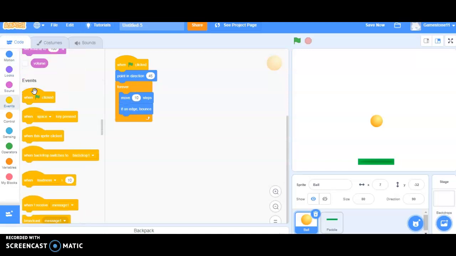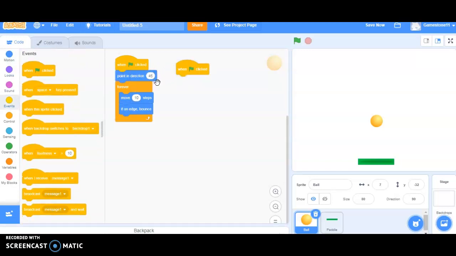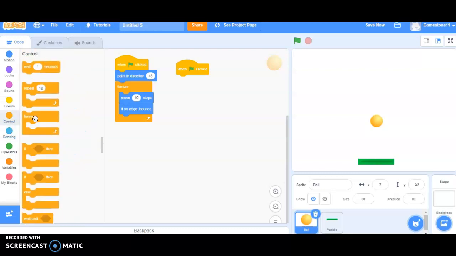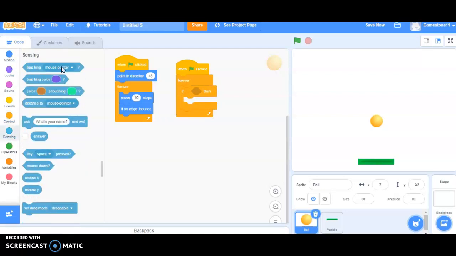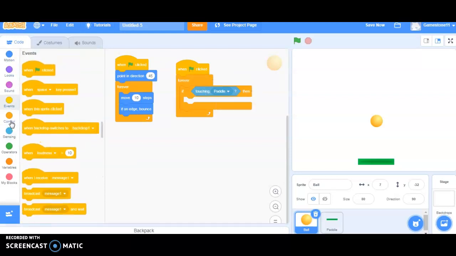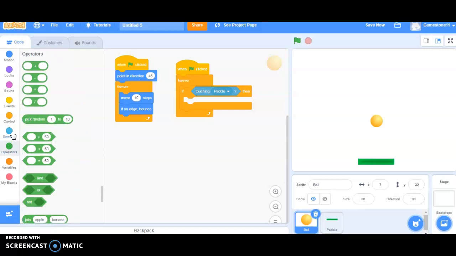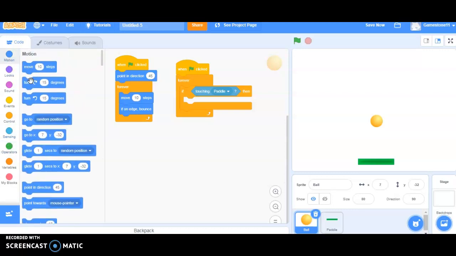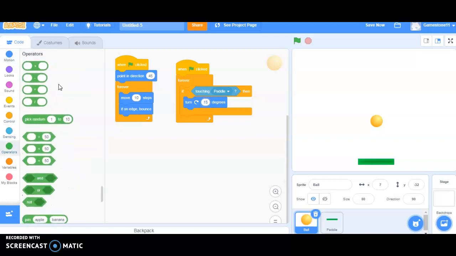So now grab another when flag clicked and go to control, grab a forever loop and an if statement and then go to sensing and if touching paddle. So then turn like this, turn right, pick random and it will be